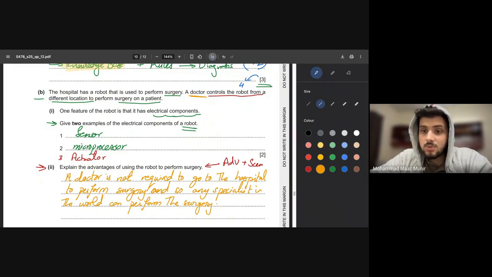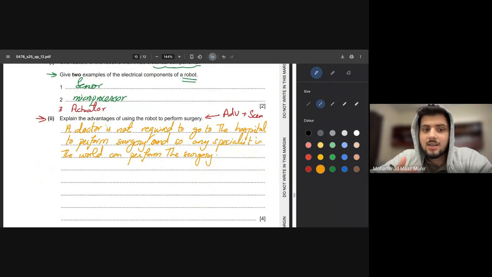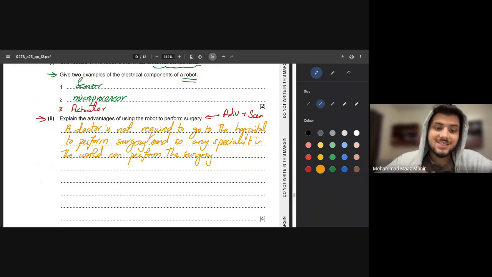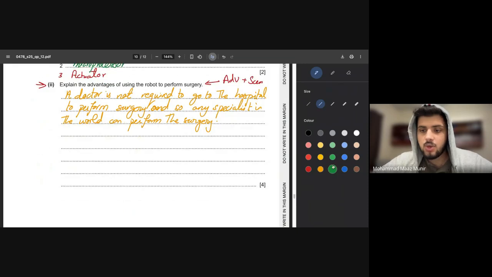Now coming to the points which Moise said, yes, your points are way more correct. So if you said that there will be fewer errors, you should say that surgery with robots can enhance accuracy, and so there are smaller chances of error. Or we can say that the recovery time may be shorter, or that the surgery is going to be more safe, or that the rate of success might be higher. So the second point can go like, let's do it with the green pen. We can state that